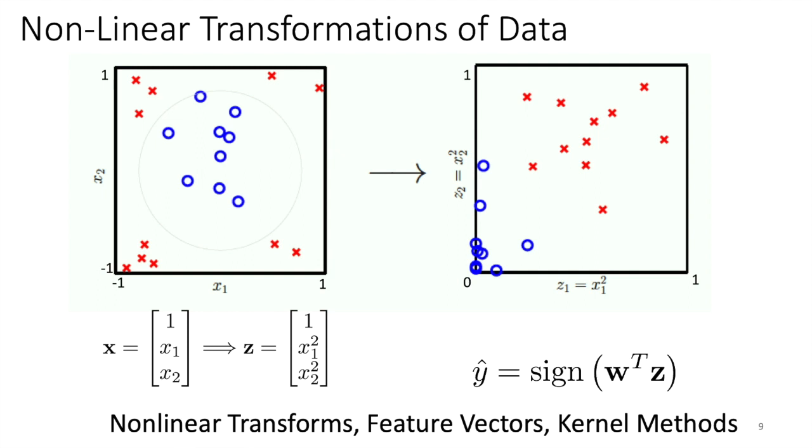This is an example of nonlinear data. On the upper left side, you see that this data is not linear. It doesn't have the property of being linearly separable. So you have to apply a transformation before that in order to make it linear, and then apply your linear classifier. There are other techniques as well, and we're going to touch on those when we reach that point of the course.